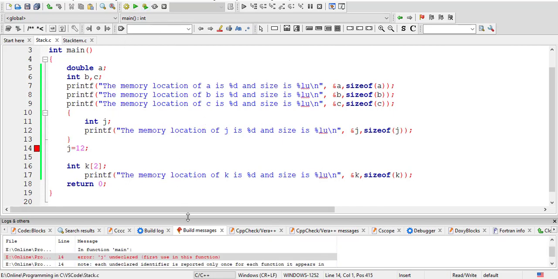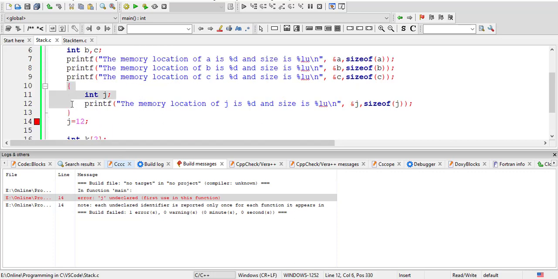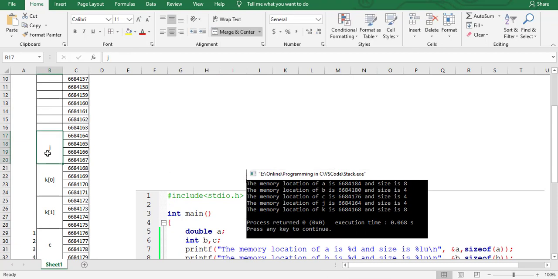Now what happens is, if you see, J is undeclared, it is telling, but we have already declared J. The problem with this is, whenever we have a block like this, whatever variable you are declaring inside the block, once the block is over, all those memory spaces will be freed. Okay, so that means once the code inside the block is executed, the space of J will be cleared once the block is over.